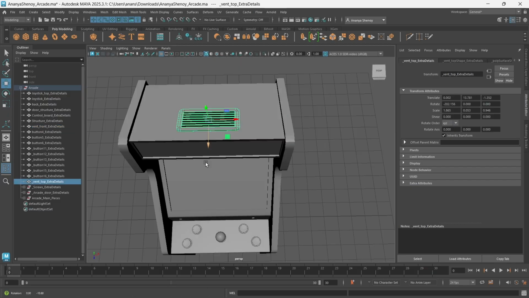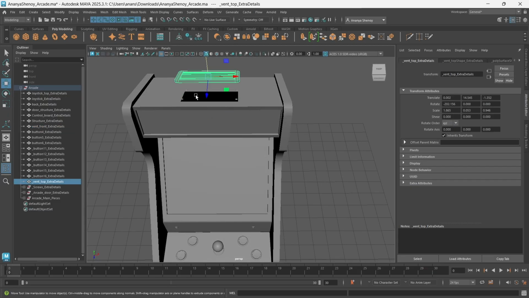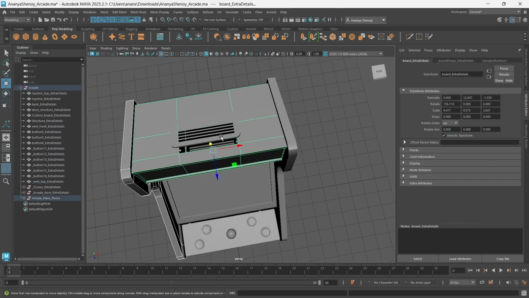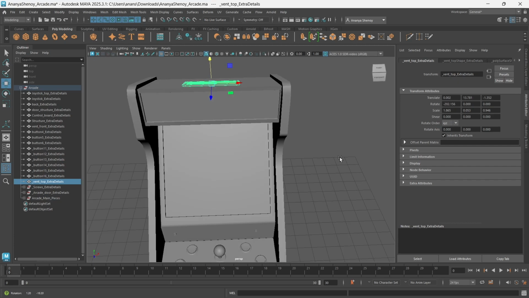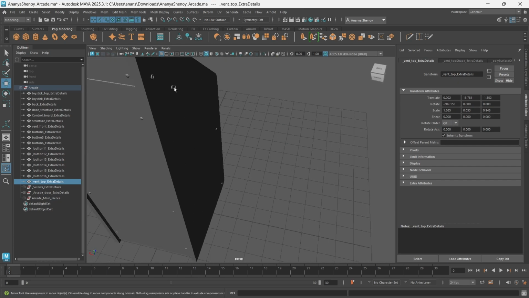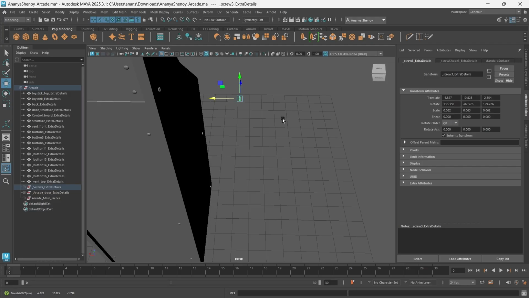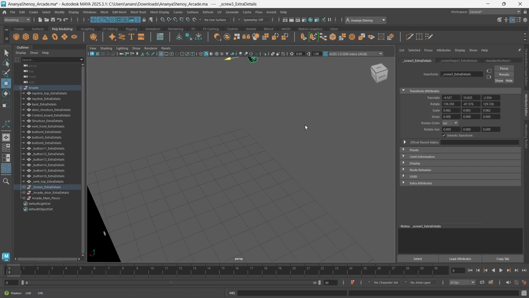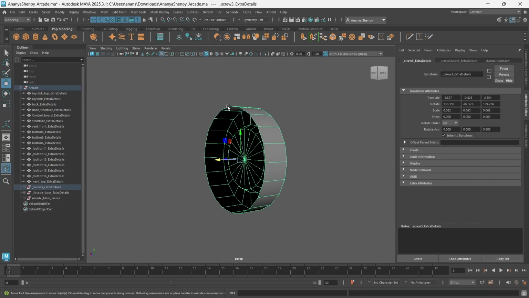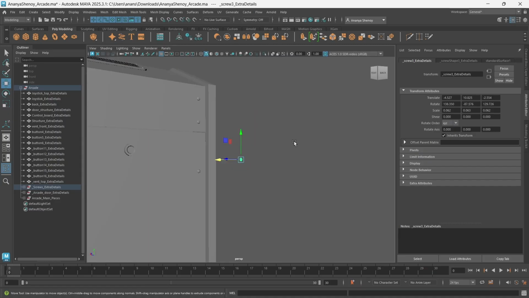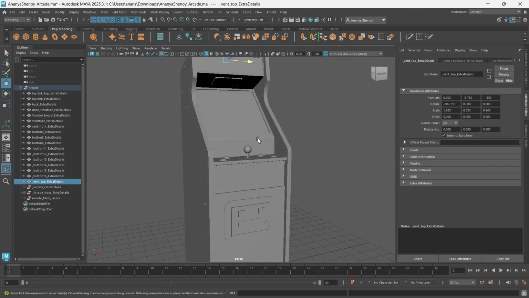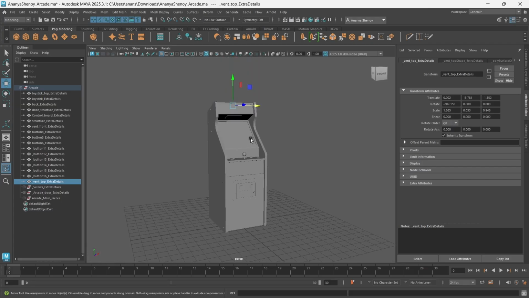Same thing for the top. So this vent is just an extra piece, and I have a hole here that I created by just adding some edges and deleting a face. So clean up that. Even if I have screws, all my screws do not have a back. So if I focus on the screw, you'll see that it's just a cylinder and I have deleted the faces on the inside. So this is the next step, delete those extra faces.